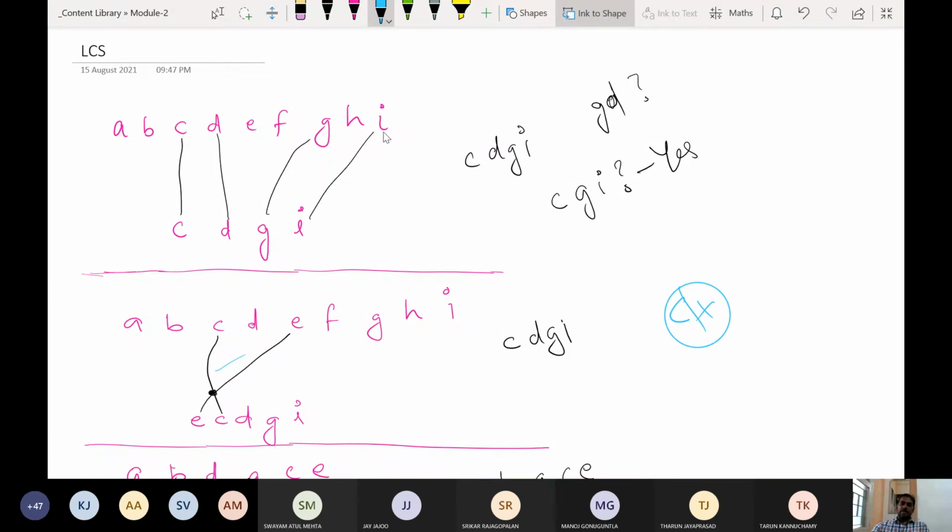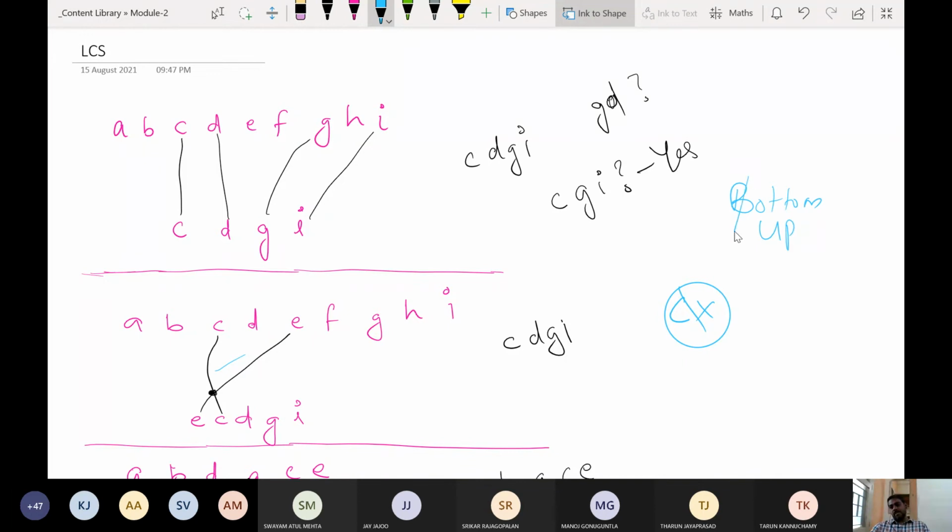But if you start from the last, you can put a line like this, next to last, next to last. So you are safe. If something is crossing in between, that will not come in the answer, or that value will not be counted in the length. That is why we are starting from the last. So in fact, this is a bottom up approach.